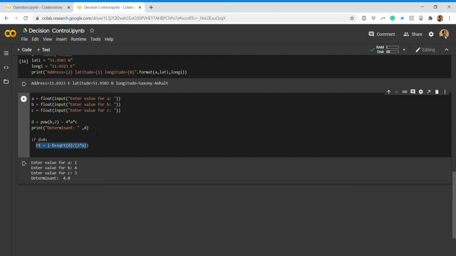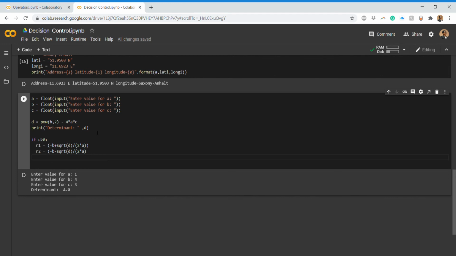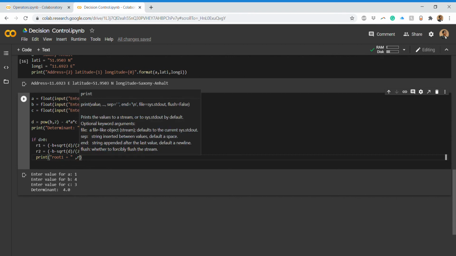Now what we want to do is take the negative, so that is r2. So that is minus b minus square root of d, and this will be similar. So that is simple. Then we have the print statement. So we have root 1. So root 1 is given as like this, and we have this value